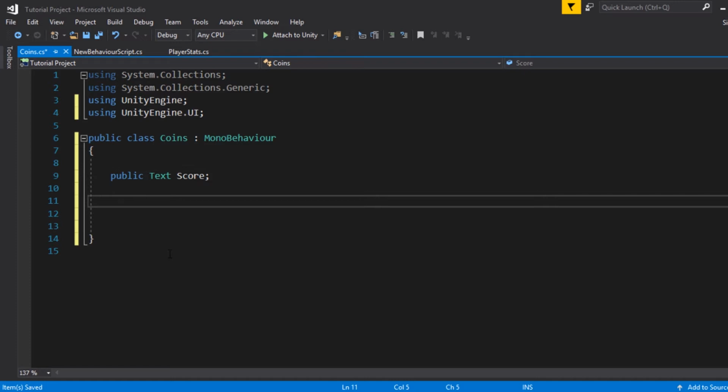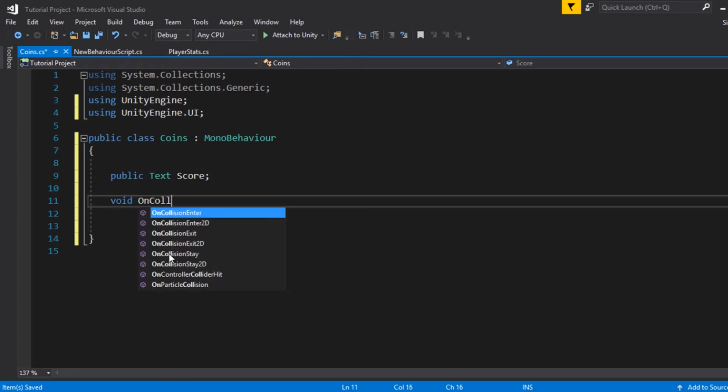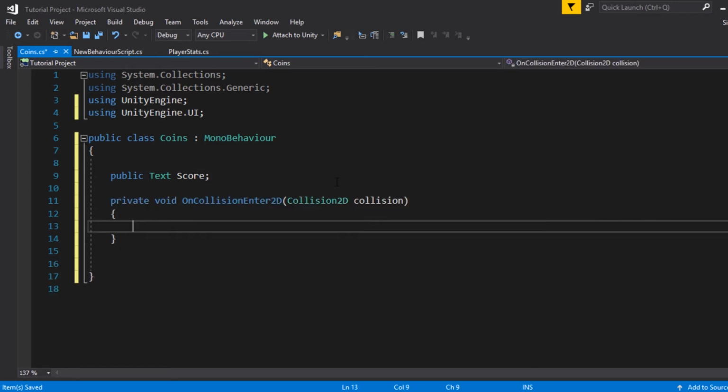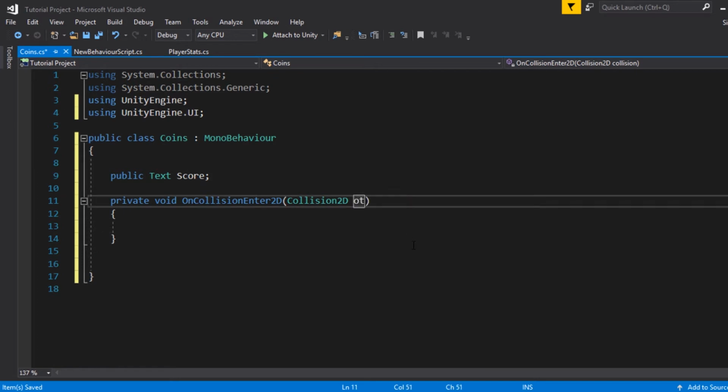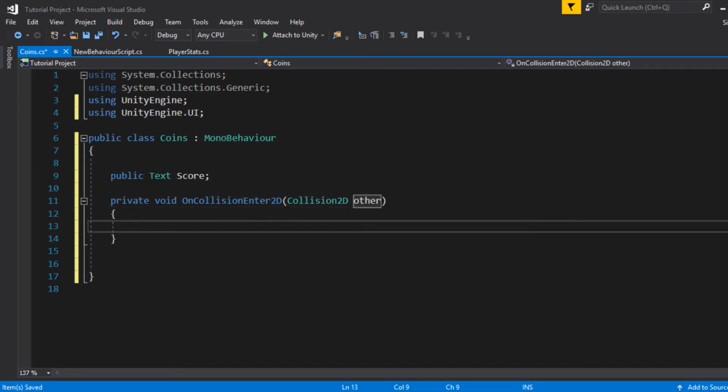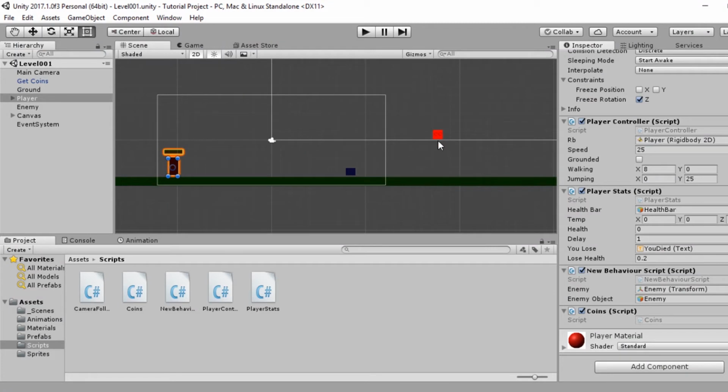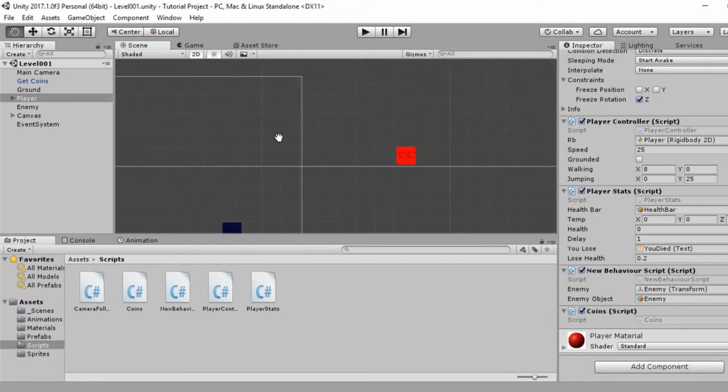And then we want to do void OnCollisionEnter2D, Collision2D other, so that once we hit our head on this, it will detect it,